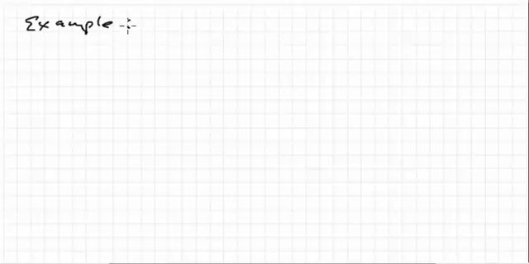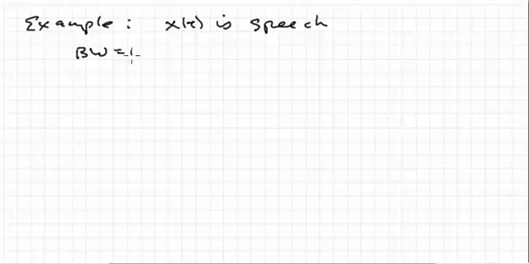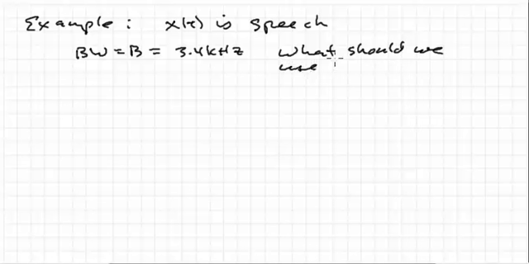Now, suppose that we want to sample speech. We're going to have some audio, like a cell phone application, and the bandwidth, we happen to know, is 3.4 kilohertz. What should we use for the sample rate? The answer is, we can first calculate the Nyquist sampling rate, which is 2B, 2 times the bandwidth,